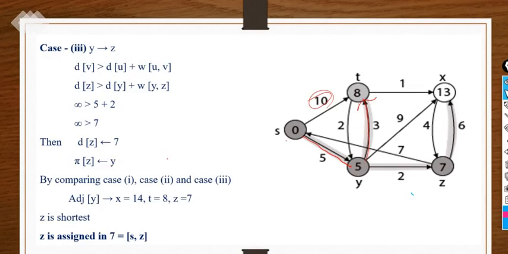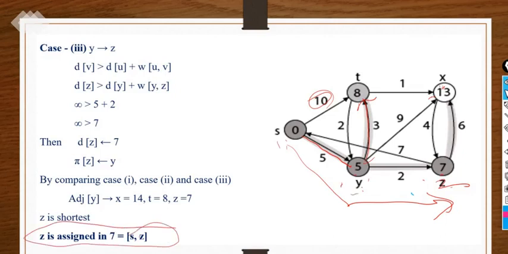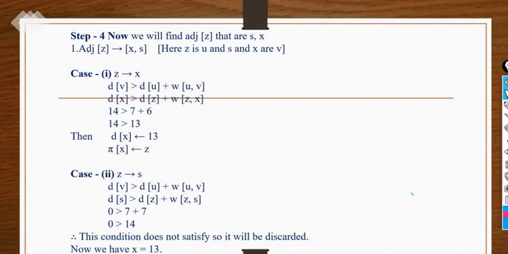So next approach we will select S to Y, Y to X. What is it giving here? 5 plus 9 is 14, right? And next 5 plus 2 is 7. So what is left? Smaller value, of course this one is smaller, so we will select next vertex as Z. So S to Y, Y to Z. Next is selected as 7 Z. Now in the first step, what we will do, we will find the adjacent of the Z.